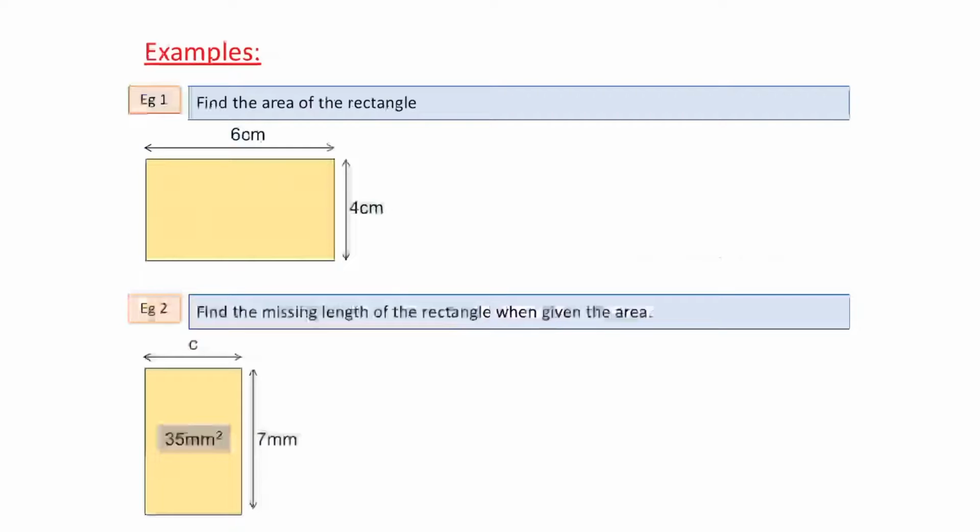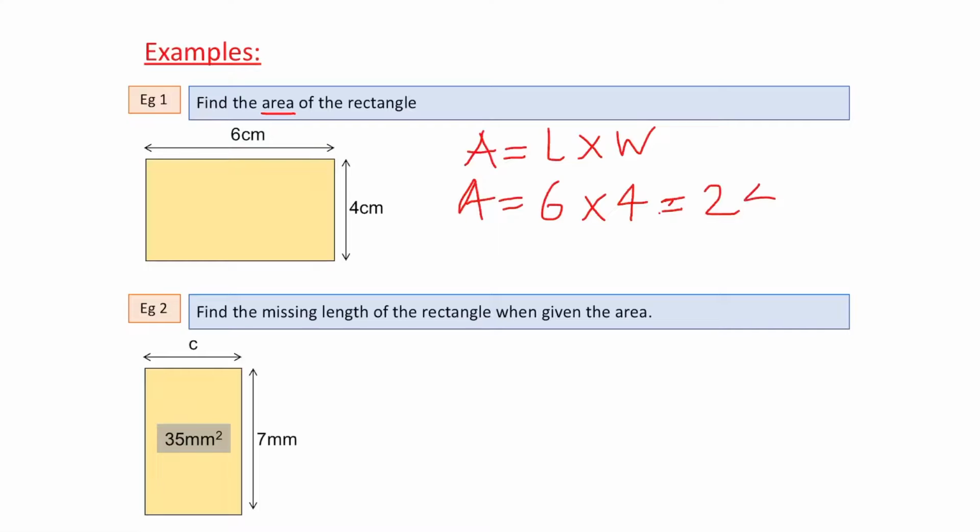Now looking at these two examples, we are going to work through them. Starting with example 1, we are asked to find the area of the rectangle. To find the area, we first write out the equation. Area of a rectangle is equal to length times width. We know what the length and width are, so area is equal to 6 times 4, which is equal to